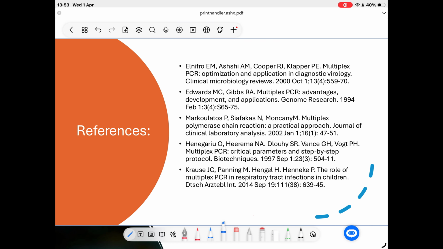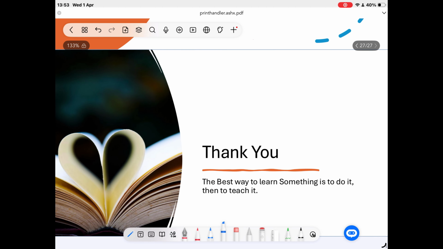It demonstrates how the rigorous, agonizing optimization of physical chemistry directly correlates to the preservation of human life and the integrity of epidemiological data. The source material acknowledges the immense weight of this technical journey. It closes the presentation with a very simple quote on the final slide. The best way to learn